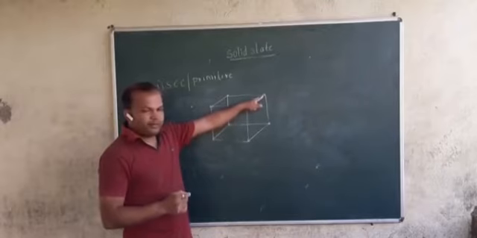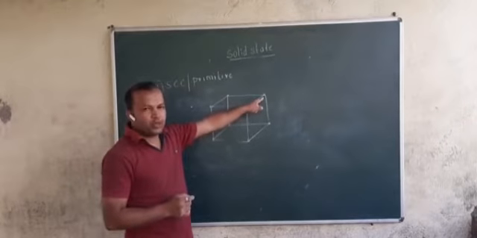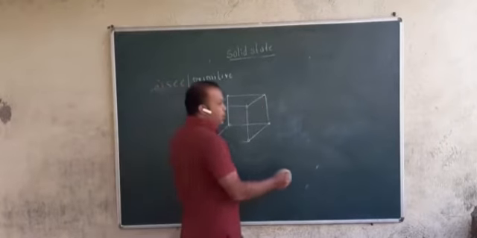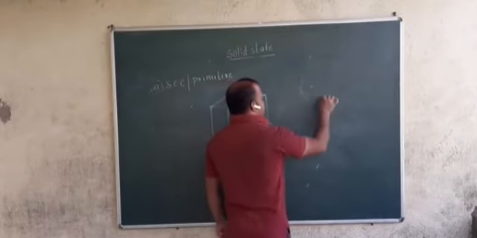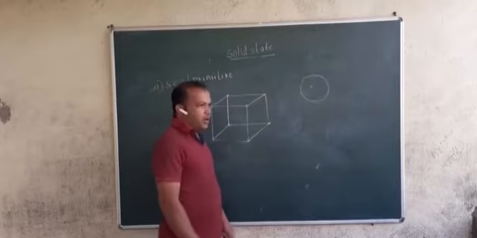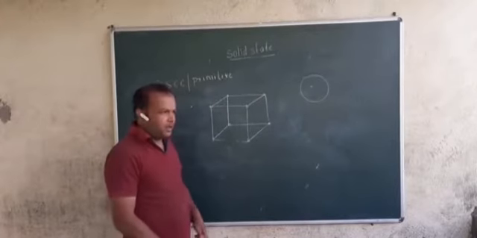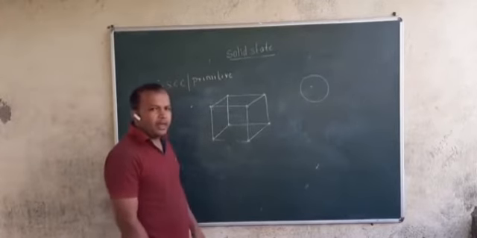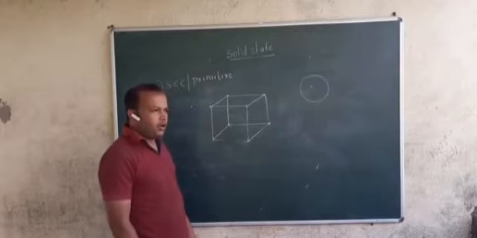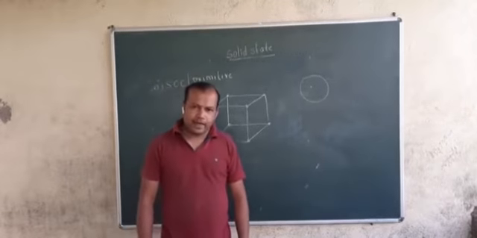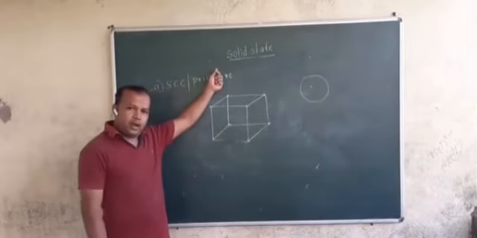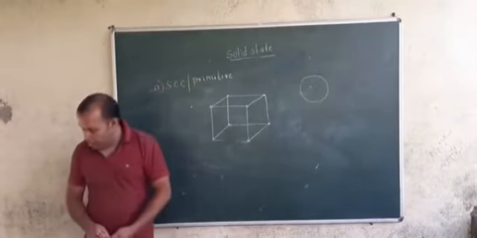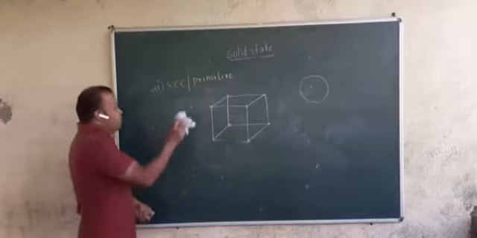Now I represent this constituent particle as a point, but actually when I am representing it as a point, it is actually the center of the circle. So when 8 constituent particles are at 8 corners, we'll say it as simple cubic crystal. Now the next one is